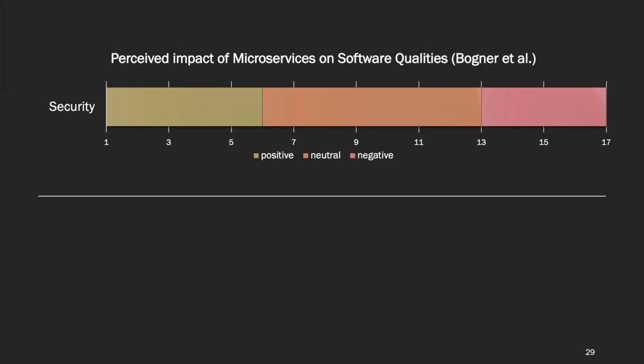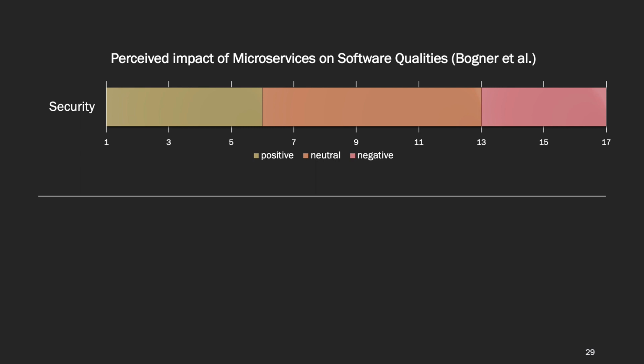Now let's look again at the study. If we turn back to this study, the results are a little bit more concerning. So security was perceived as twofold by the practitioners. One group actually appreciated the possibility to apply individual security settings to services depending on their criticality. In one case, it helped actually to ensure conformance with the GDPR. Still, no participant explicitly mentioned that microservices would actually ease securing the system.